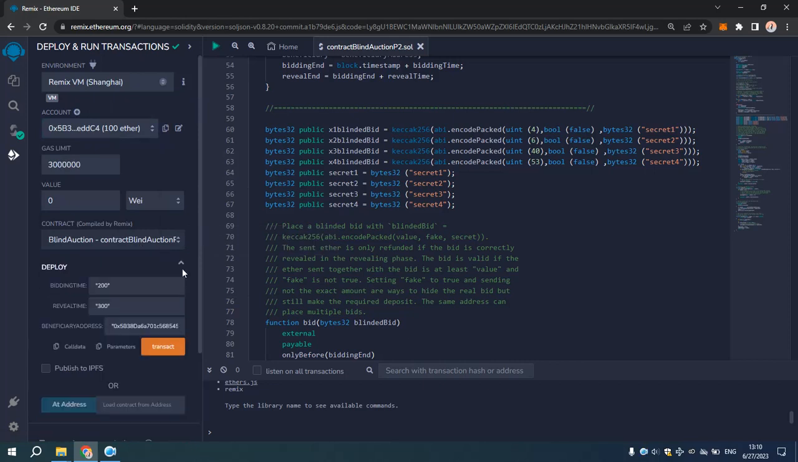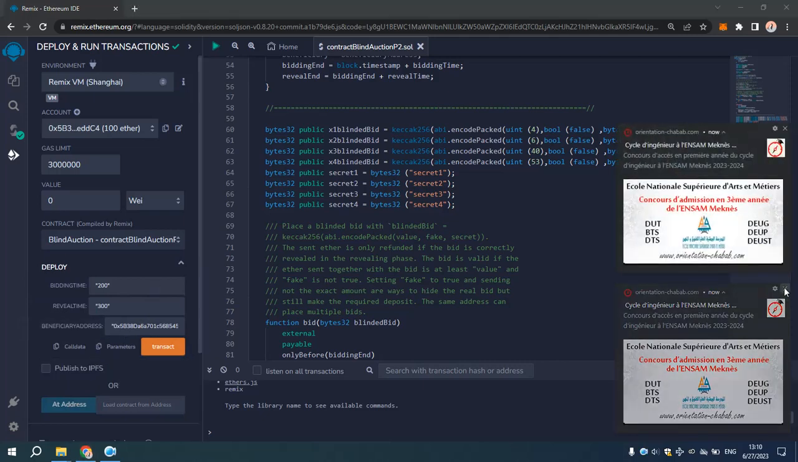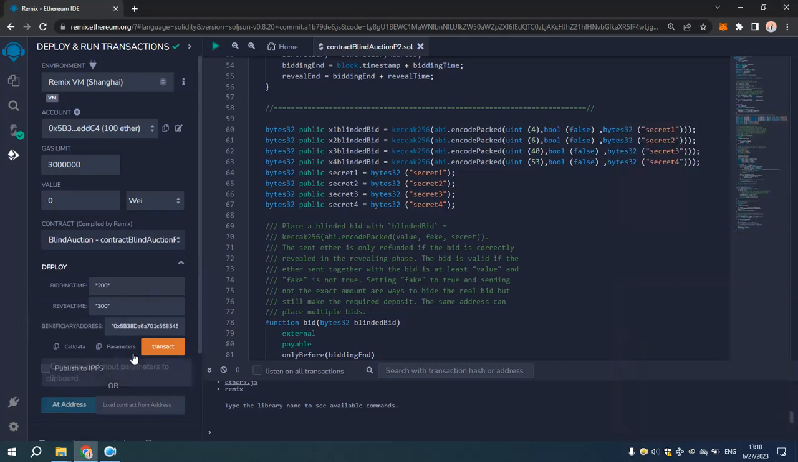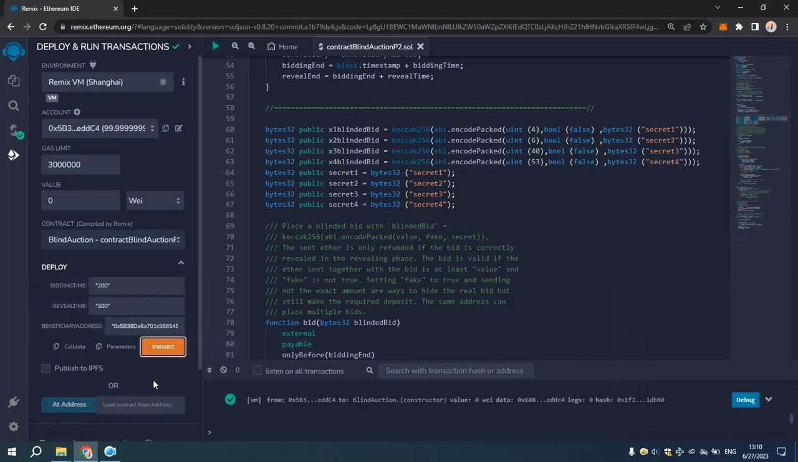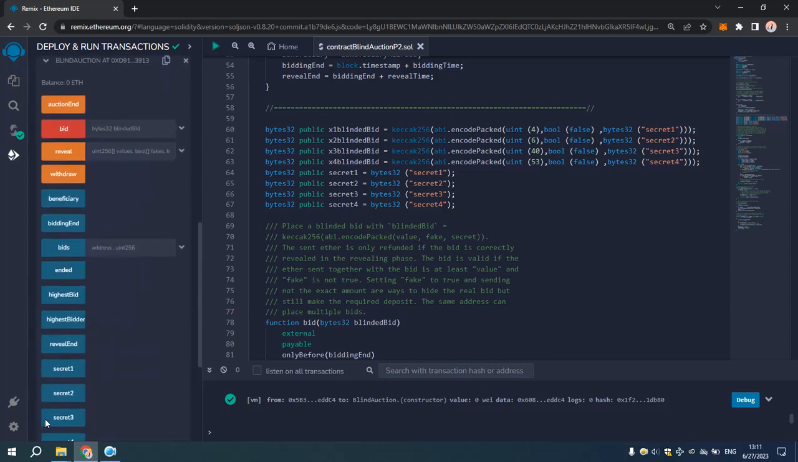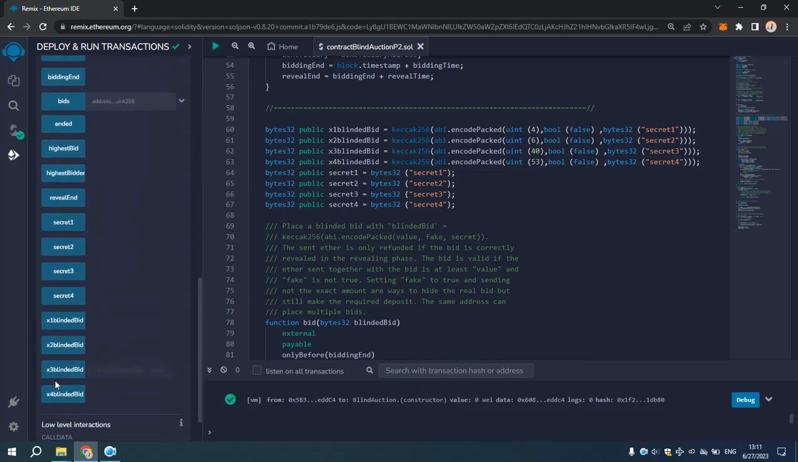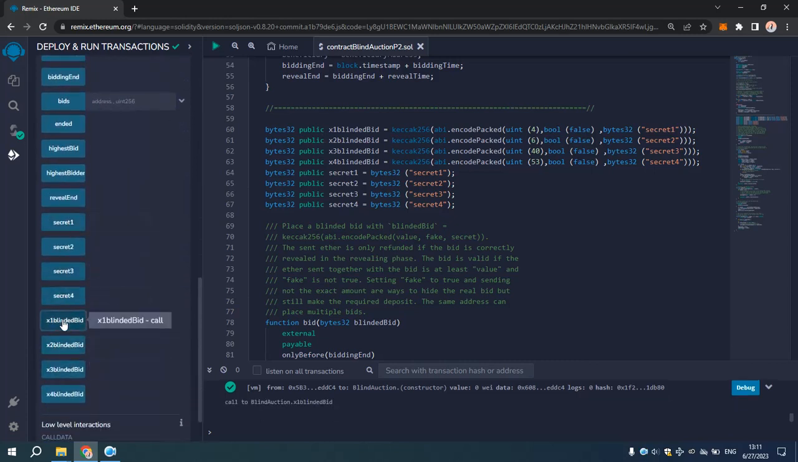If you click this arrow, you're gonna see that each argument is in a row. So if I click transact, now the contract is deployed. As you see, this is all the states. Let's copy this one,